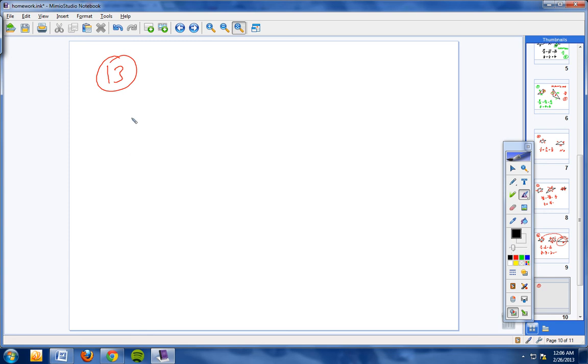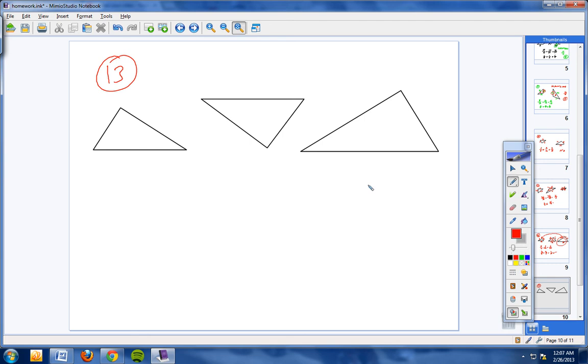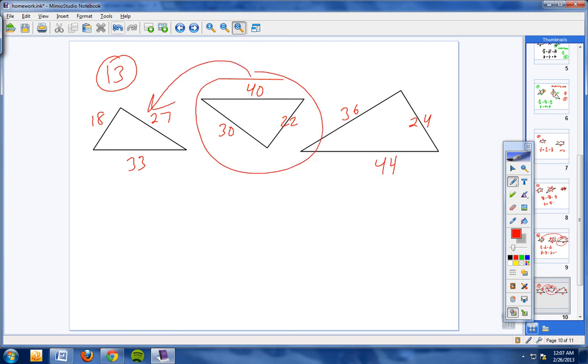Number 13 kind of looks like this. Got a triangle there, and then one there, and then one there. And let's see, we got a 18, 33, and 27. So 18, 33, and 27. 30, 40, and 22. So 30, 40, and 22. And then we got a 36 and a 24 and a 44. All right, well, let's take this triangle here first and compare it to this triangle here and see if they're